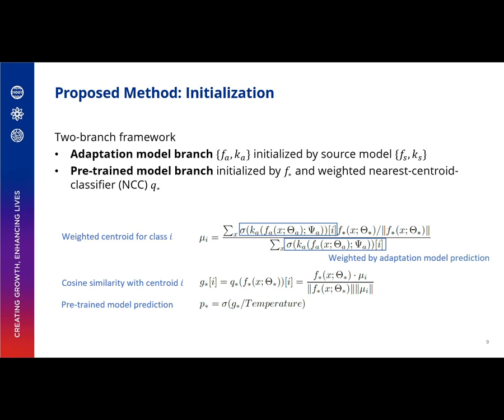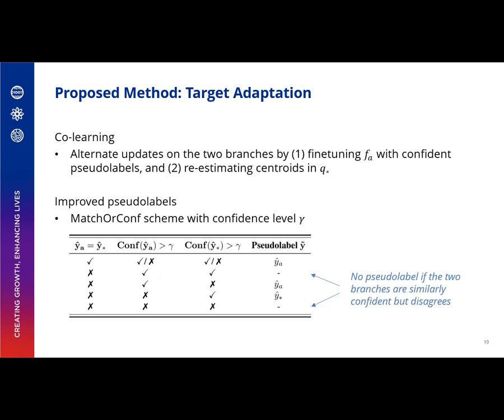The adaptation model branch is initialized by the source model. The pre-trained model branch is initialized by a pre-trained feature extractor and a weighted nearest centroid classifier. The weights in the nearest centroid classifier are taken from the predictions of the adaptation model branch. We alternate updates on the two branches as each adapts to the target domain and produces more accurate predictions to